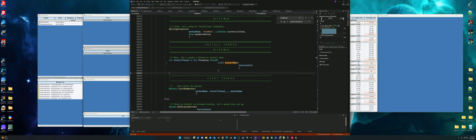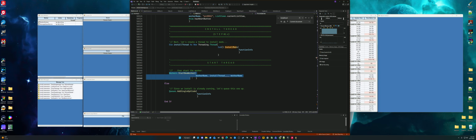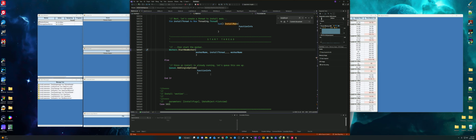And then it actually calls the worker that does the installation. It's local to this application. I'll show you that here in just a second. And then it starts the worker, so that fires the worker off. When it's done, and I'll show you down below in the install mod,